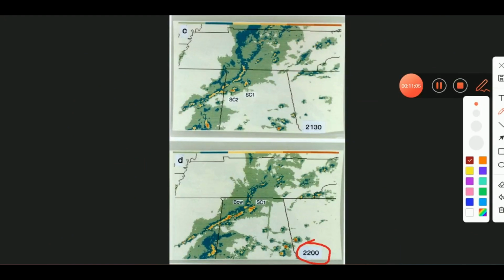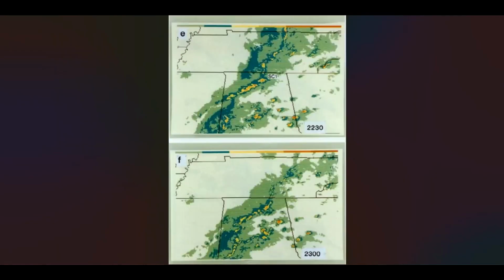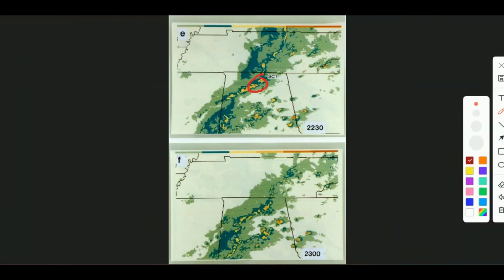And looking at the radar image, we have our supercell that is ahead of the squall line, but we also see this embedded bow segment here that's starting to show up on radar. By around 4:30, at the start of the Huntsville tornado, the bow segment and the supercell merged together here in this top image. And so this still, however, maintains supercell characteristics, and there are some terms that we use